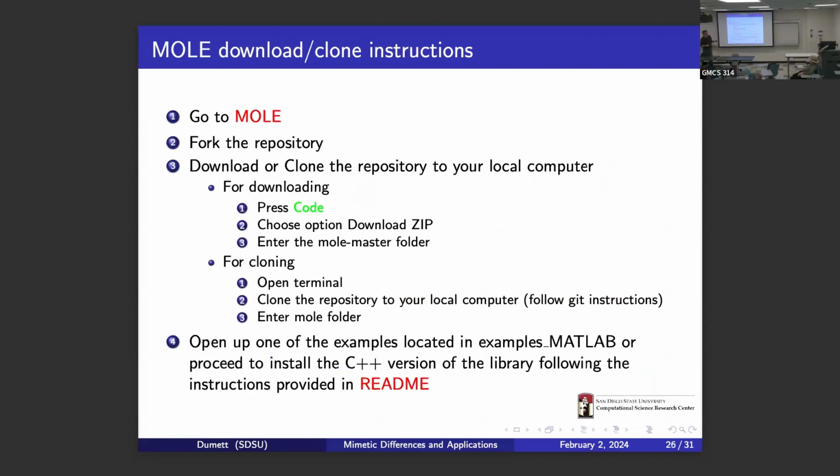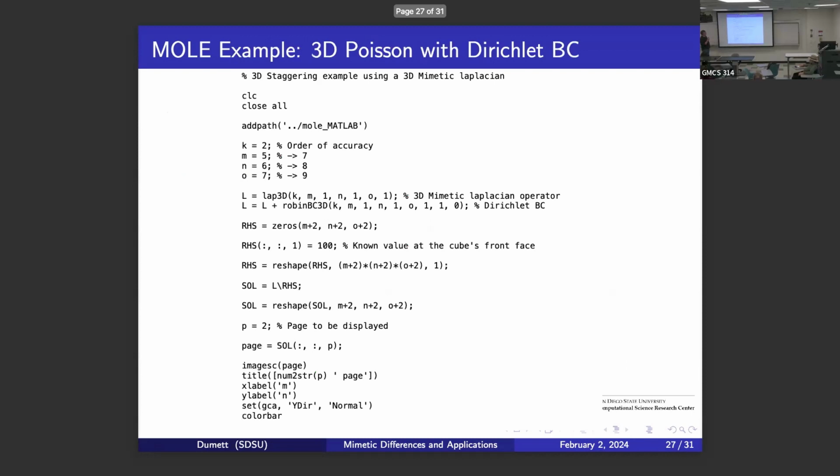And then we do all this, the numerical part, using MOL. MOL is a library for mimetics that was developed here at the university by Johnny Corvino. And here are some of the instructions to follow. It actually is a very nice library in the sense that it has all the code available. You can see the implementation in MATLAB or in C++. And in addition to that, there are many examples you can follow. For instance, this is one example, a Poisson equation in 3 dimensions.